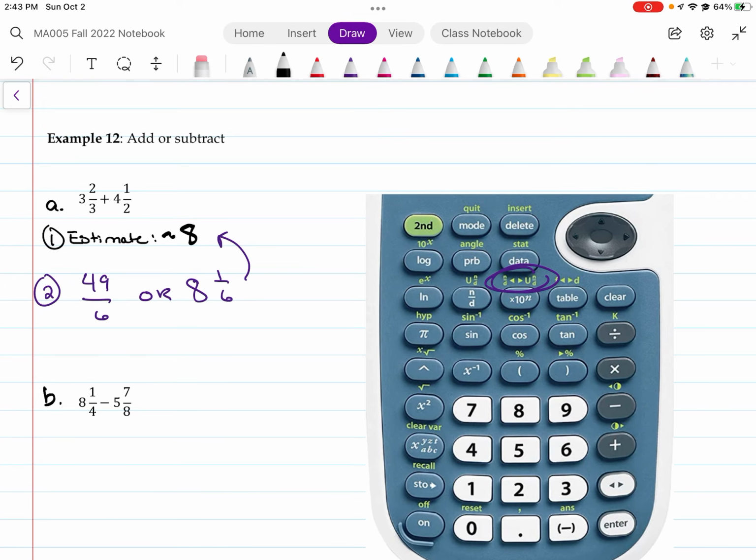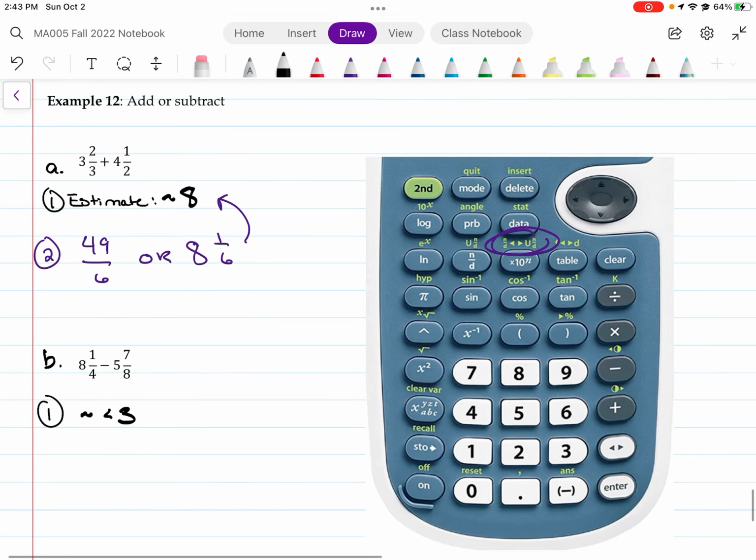Let's do the same thing. We're going to estimate. So 8 and something minus 5 and a little bit more. So 8 minus 5 is 3, but it's probably going to be a little less than 3, a little bit less than 3. Because we're subtracting more than 5, almost 6. All right, so now we're going to put it in the calculator. Go ahead and try that with the video paused, and you should get